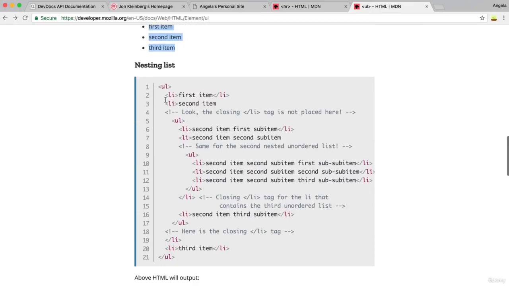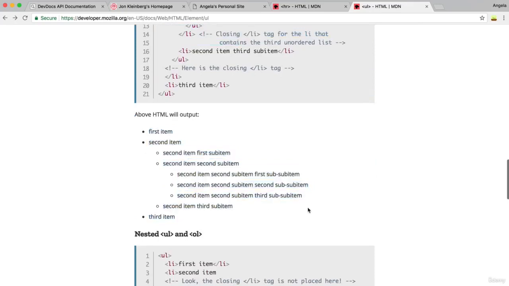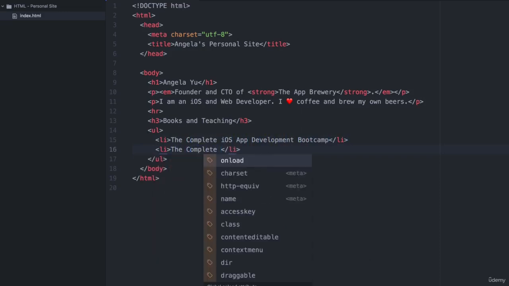Alternatively, you have a slightly more complex, more nested unordered list, and that looks more like this. So let's go ahead and add this to our code. So we've got this H3 that is the subtitle for the books and courses that we're teaching. So I'm going to go ahead and add a new UL, unordered list, and a new list item. And I'll add something like the complete iOS app development bootcamp. And then I'll go ahead and add another one, the complete